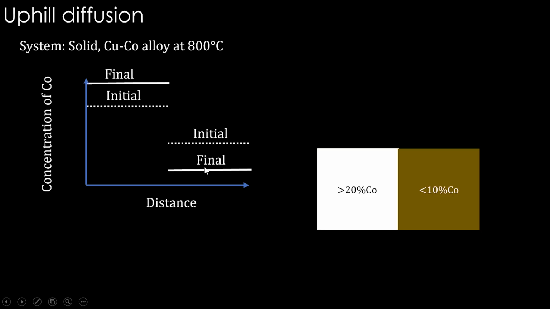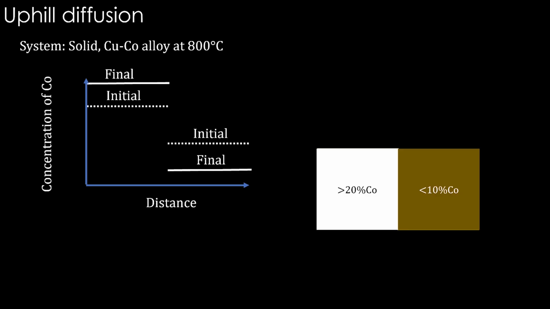Why does it happen? If you only treat it based on the concentration gradient becoming uniform, you will be totally fooled. Right? What you have to figure out is that if the jumping happens and the Gibbs energy is not favoring that jumping, let's say the high concentration to low concentration jumping, if it is not favored by Gibbs energy, and the reverse is favored by Gibbs energy, then only the reverse is permitted, because there is a driving force for atoms to jump from low to high concentration. Then this will be the result.